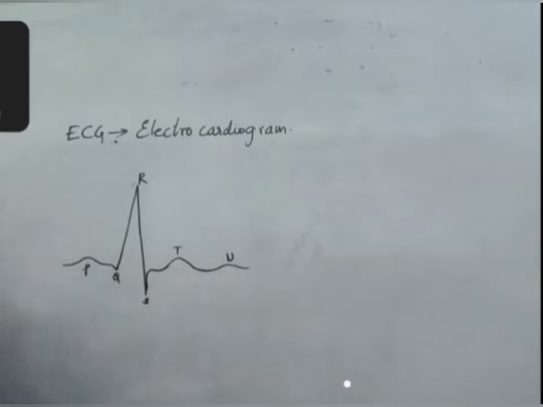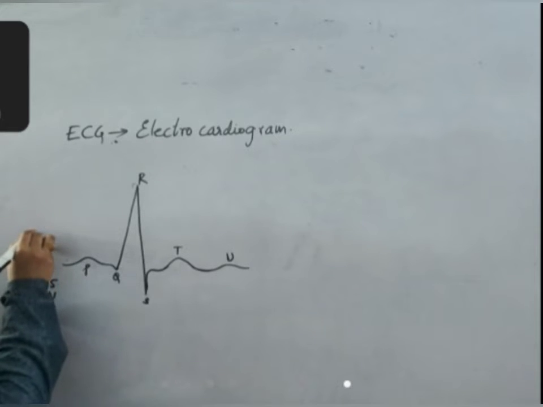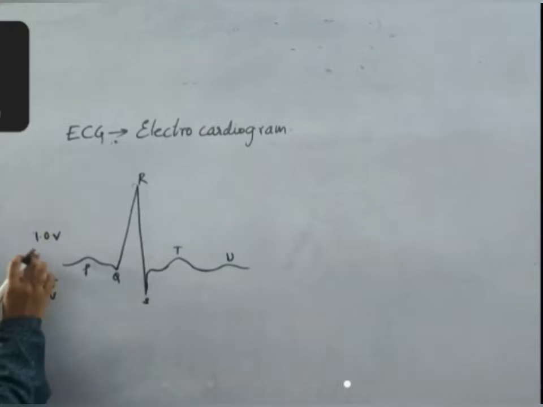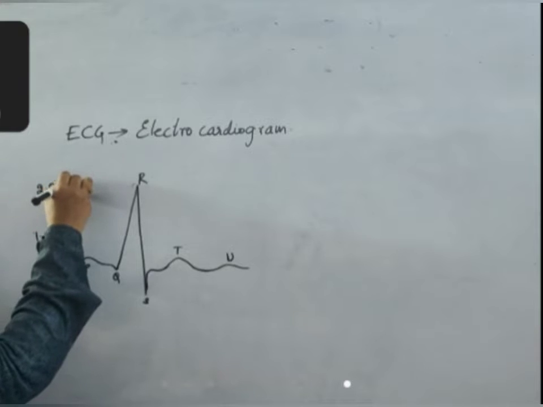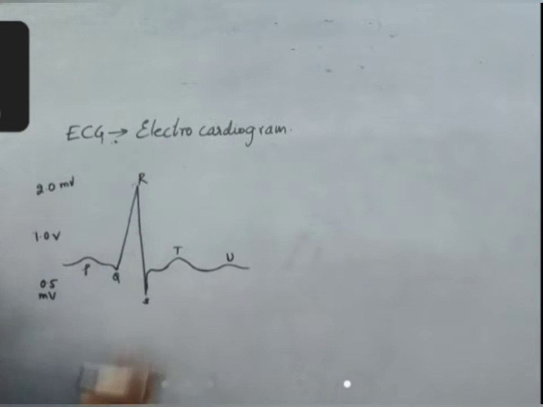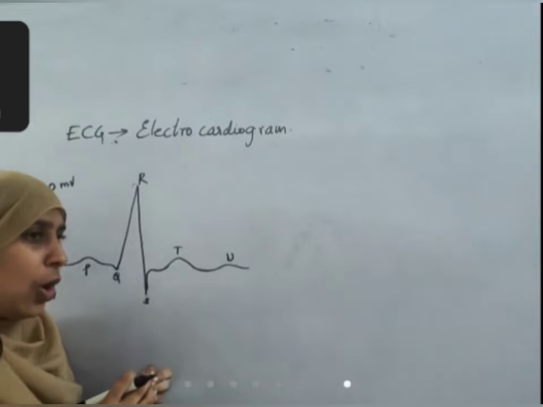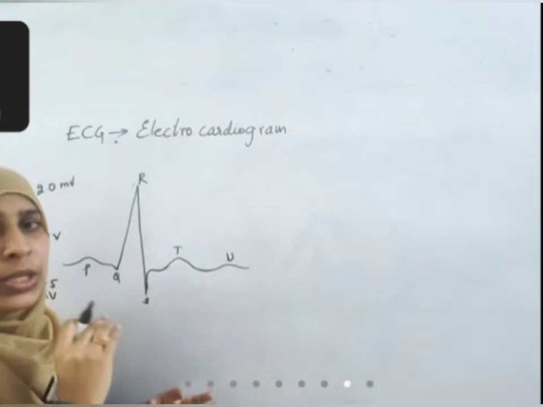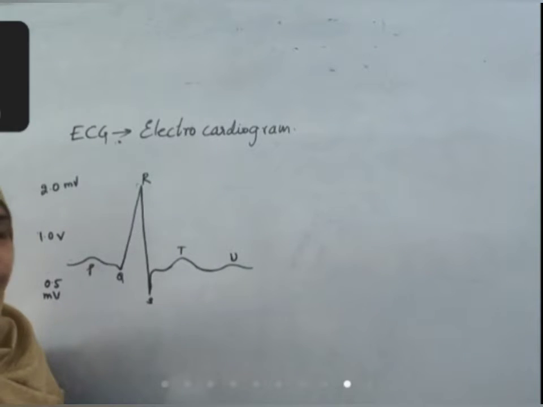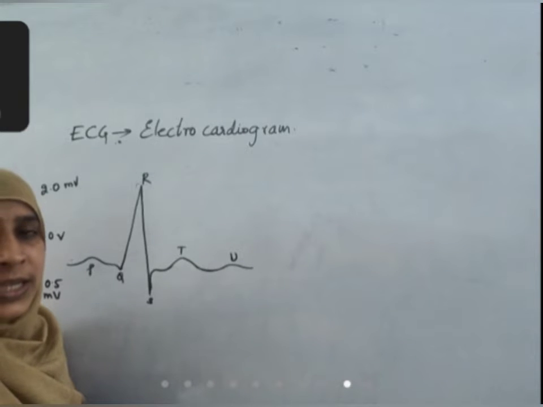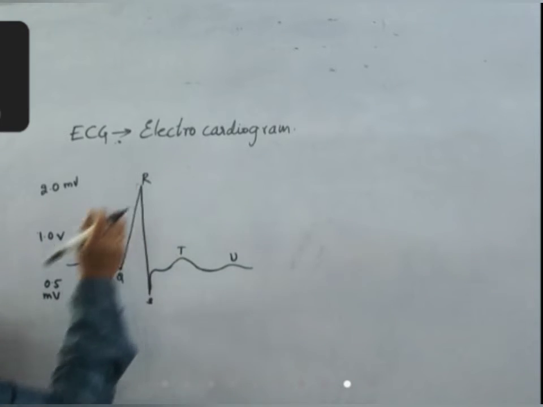Okay. If there is any up and down between, you should see here 0.5 microvolts to 1 microvolts between this graph. Here this point is 2 microvolts. This is the highest peak when all the polarization is complete. That means all nodal tissue is excited, both the sino-auricular node, auriculoventricular node, as well as Purkinje fibers and the bundle of His, all are producing nerve impulse. At that time, this is the peak that is reached.